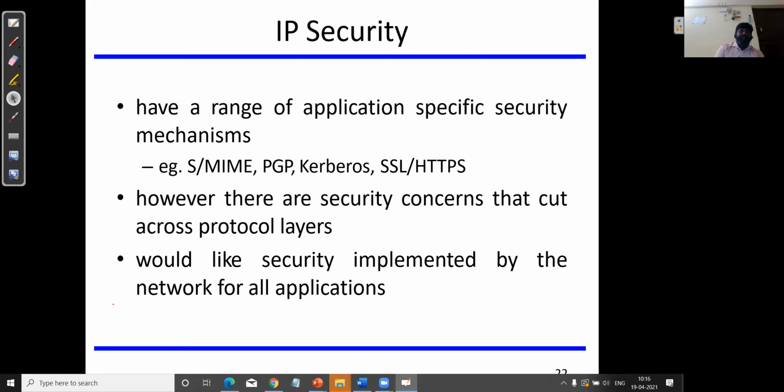Okay. So we'll proceed further. The next topic which I'm going to cover is IP security. So far we discussed PGP. So this IP security,